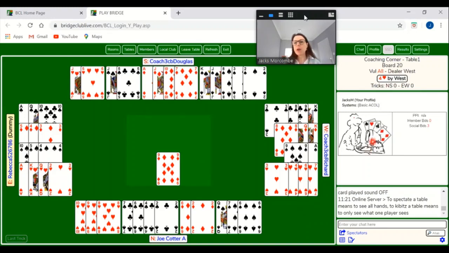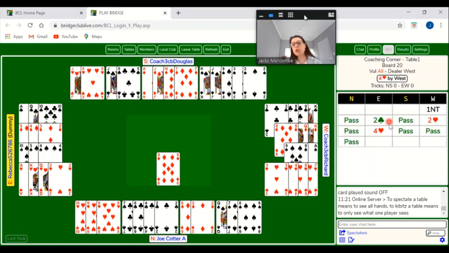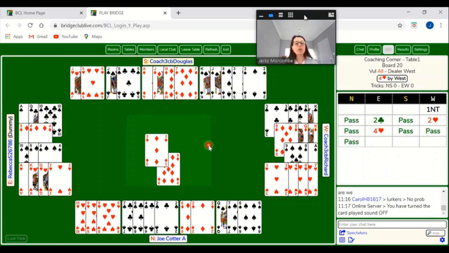and I can now observe exactly what has gone on at the table. If I go up to the right hand side, I can see the contract. The contract that they've achieved is 4 Hearts by West. That's the state of the tricks at the moment. The vulnerability is dealer all, and if I click on the contract, I get up the auction. I can see who bid, who passed, all of the details are there for me. So I come into the table, even though I wasn't there when they started the auction, and I'm completely clear what has gone on, and I can observe and